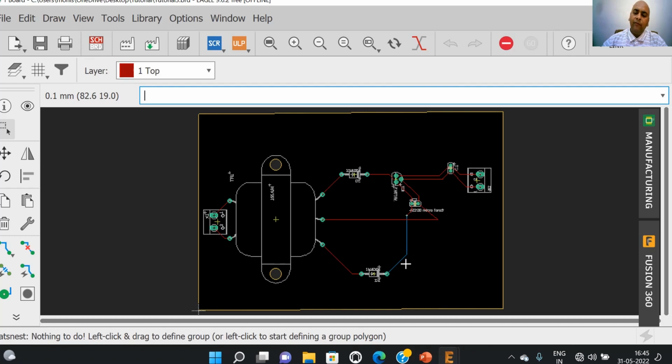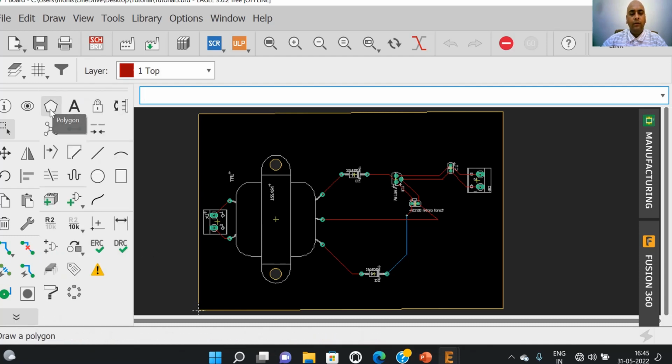Once air wires are connected, we need to insert the ground plane into this PCB layout. Ground plane is the extra copper that is used to connect all the grounds or all the power points in the PCB. In order to draw the ground, we use the tool called polygon on Autodesk Eagle.